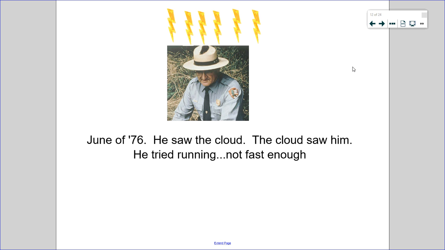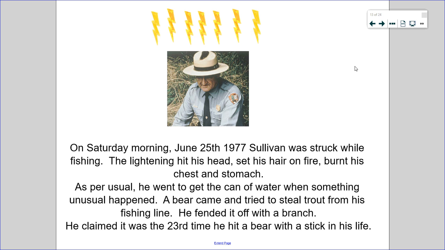Well, once again, in June of 76, he saw a cloud. The cloud saw him. He tried running, but he wasn't fast enough. And on a Saturday morning, June 25th, 1977, Sullivan was struck again while fishing. This time the lightning hit his head, of course, set his hair on fire, burnt his chest and stomach. And as per usual,